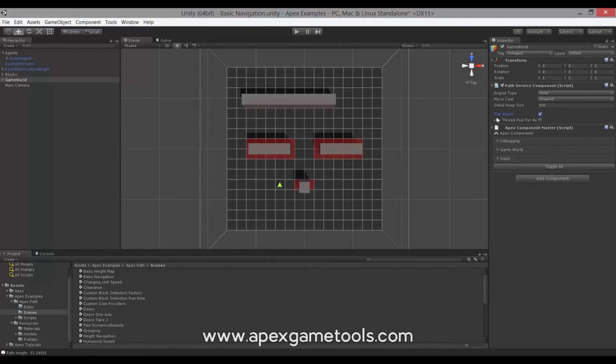This is the recommended option, since running in a separate thread means that the Pathfinder will not influence the frame rate, as it does not influence the main thread. However, there will be certain platform build targets that do not support async mode, in which case obviously you will need to